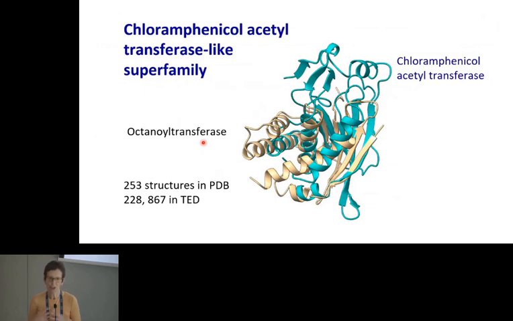And this is just an example of proteins that are very important in bacteria. They're acetyl transferases. They're often targeted by drugs, but many bacteria have no drugs and nobody knows what family their proteins belong to. And what we could see through using the TED data, first of all, using our functional families, we could see when you look at the experimental data, there are two clear functional families in this superfamily of